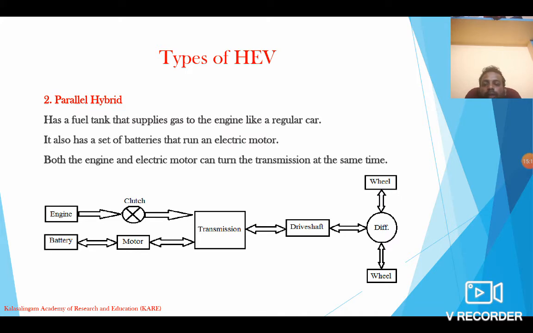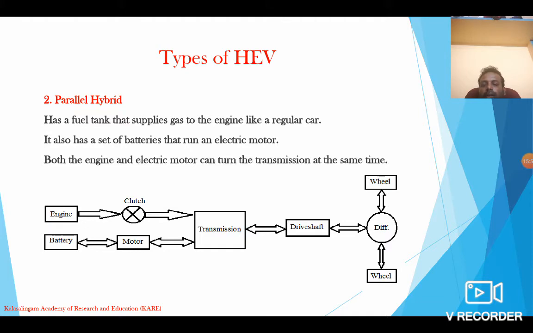From this diagram you can see there are two power sources, the engine as well as the battery. At the initial condition, the vehicle will be propelled by means of the electrical motor, right? In that case, the power will be transferred from the battery to the motor and then the transmission, and then it reaches the driven wheel. When you operate the vehicle at a higher speed, the controller switches to the internal combustion engine, whereby the power is transferred to the driven wheel through the engine, clutch, transmission, drive shaft as well as differential. So these are the power flow paths.